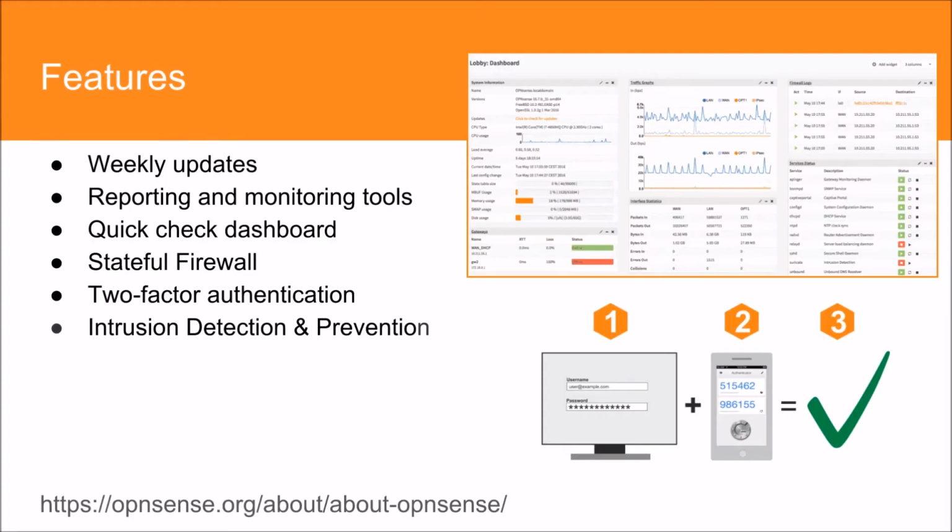As we were researching OpenSense, there are a number of features that we noticed that were of value in order to add additional security for your computer. Though impractical to list all of them, some of the features include the following: weekly updates that keep it current on the latest defense provided, reporting and monitoring tools that allow users to give feedback to developers so that they can make